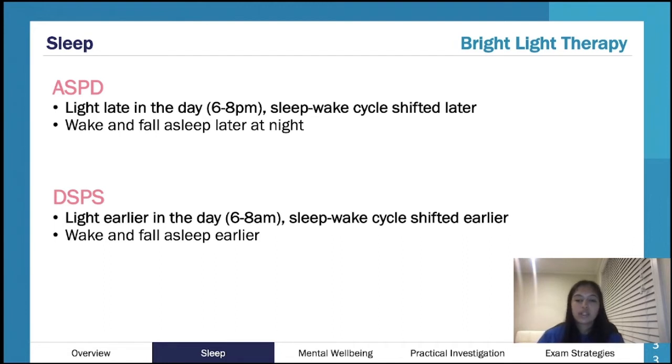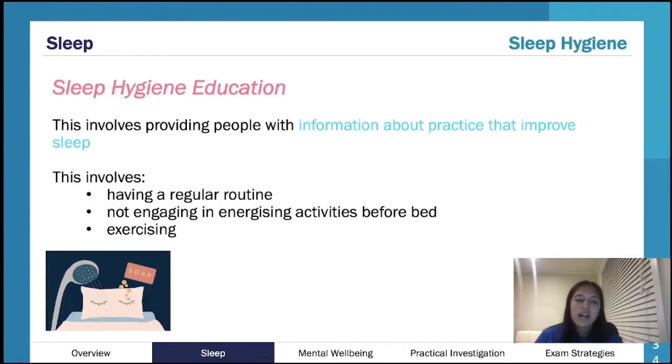Hopefully that is kind of all clear. Okay, sleep hygiene is basically just strengthening cues for sleep. So having a really regular routine. Obviously, if you're sleeping at random times of the day, sleeping at different times every night, your body's getting a bit confused. That circadian rhythm over a 24-hour period is suddenly being thrown out.